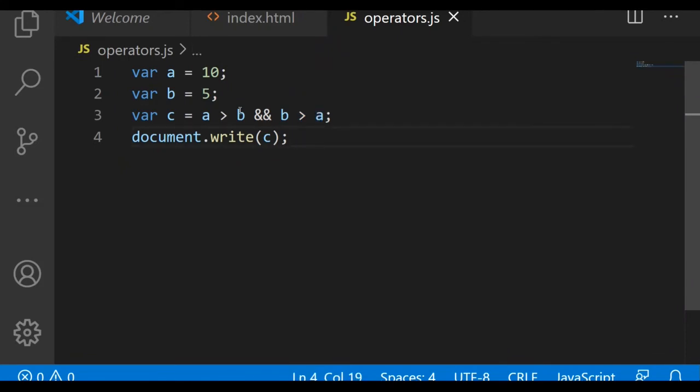One important thing here is that the AND operator returns the last expression value if all previous expressions are true. Let me show you what I mean.